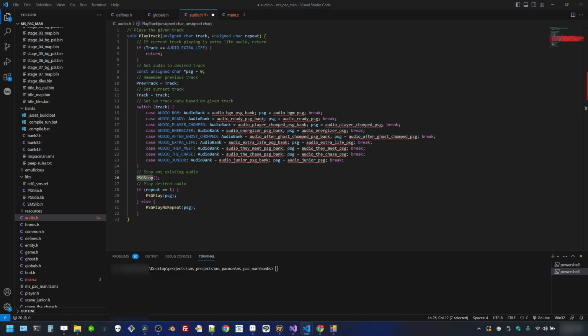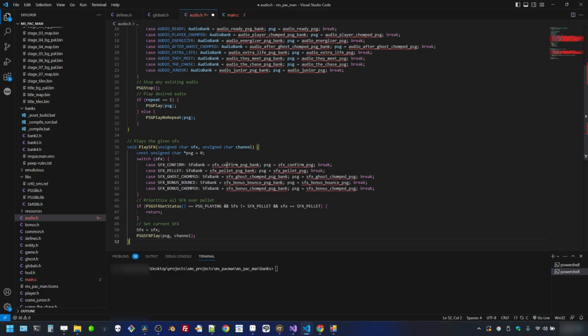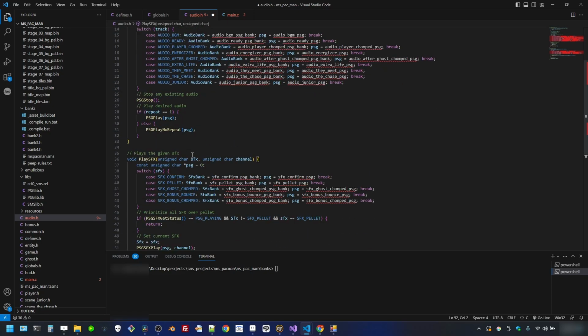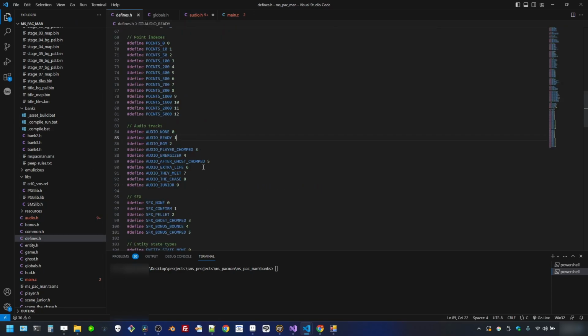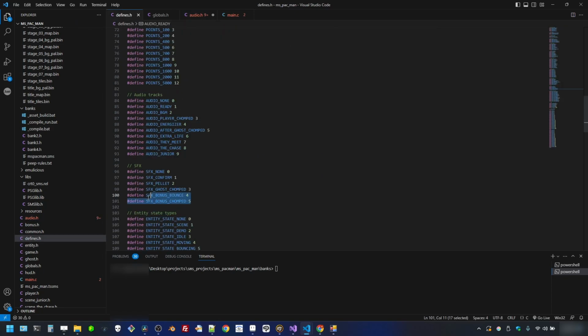Next function is our play SFX function. We'll just play a sound effect that we hand it. Again, that's very similar to this. We're going to hand it some parameters or arguments here. In this case, we're going to send it the sound effect that we wish to play, which again, we have defined back in our defines source code. So it could play any one of these,